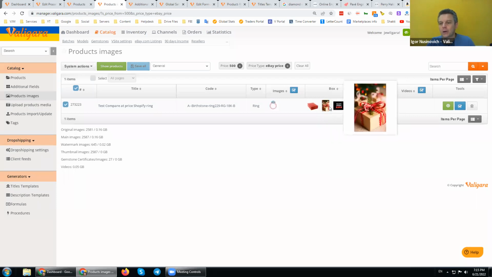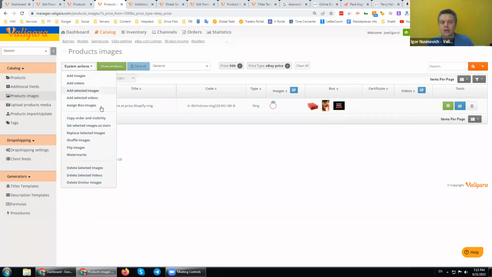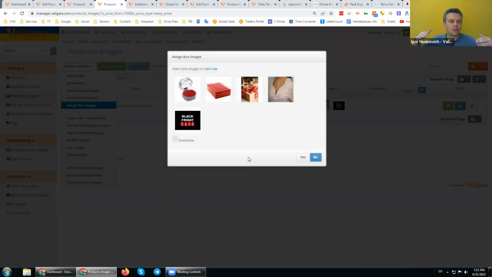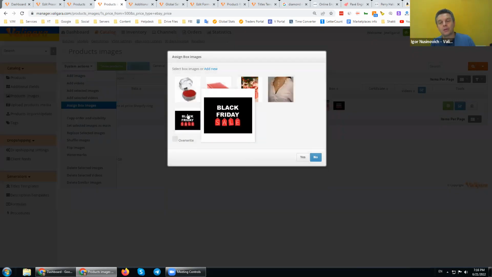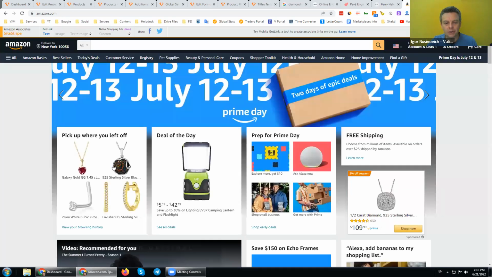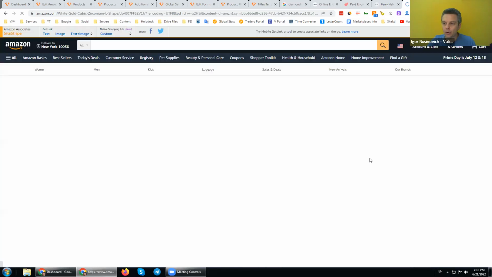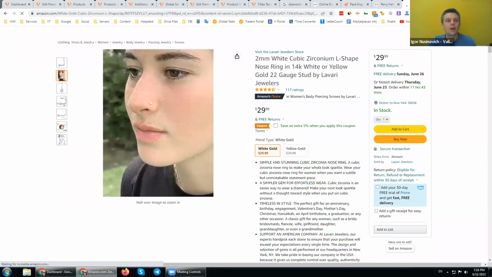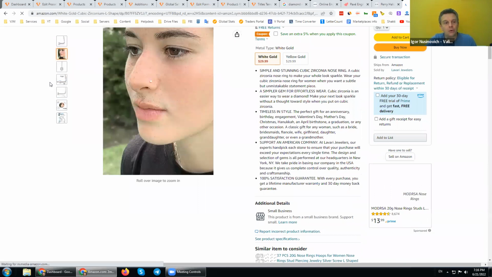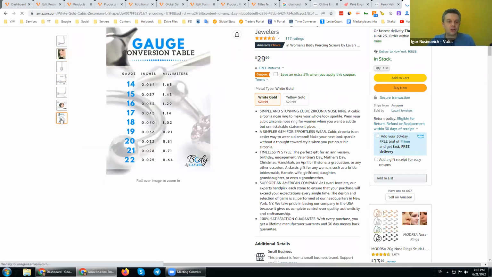Of course, I will do it in bulk, a system action, adding some promotional image saying special discount, 25% discount or free shipping on all items over $500. So I search the items and I apply promotional images, both because the Amazon algorithm or any other algorithm loves more images in your product, right? And both because this is the trust builder, especially on cheaper items. This is super important.